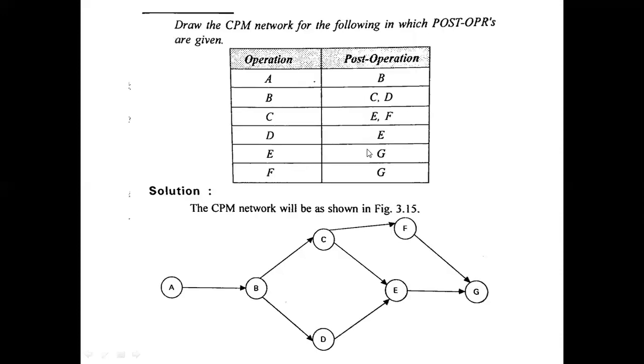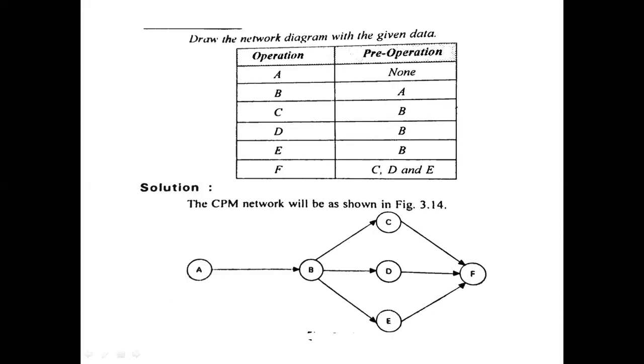So in this network diagram, what we have to do is draw the nodes. The operations are going to be denoted by the nodes, and these nodes have names A, B, C, D, E, F. These are the operations, and we have to name them A, B, C, D. The continuity of the operations is going to be given by the directions.